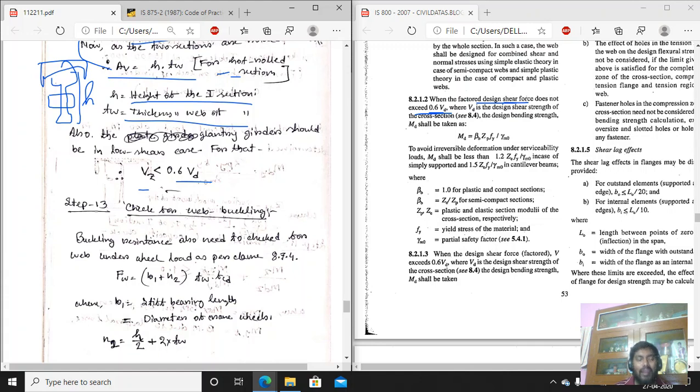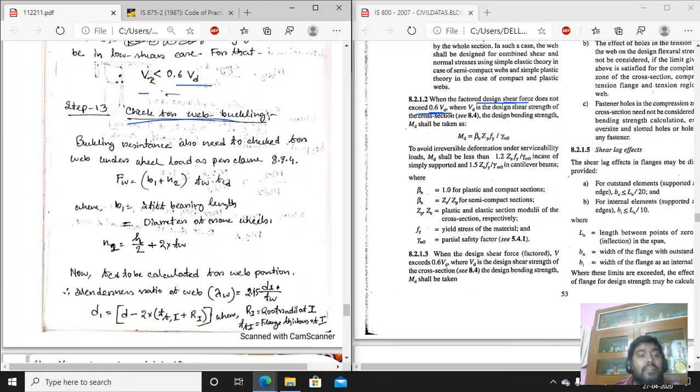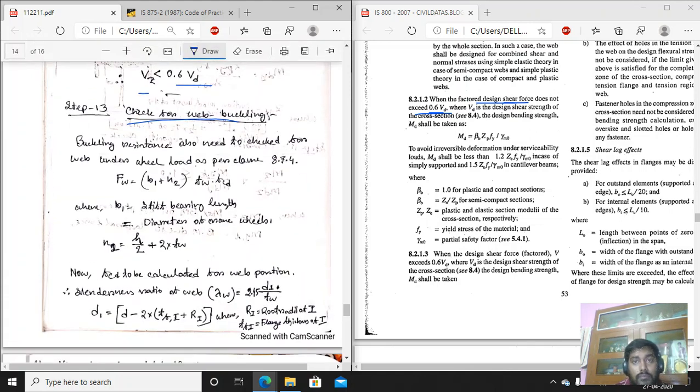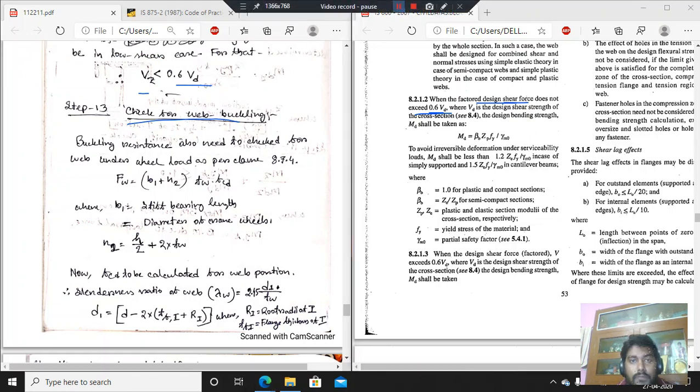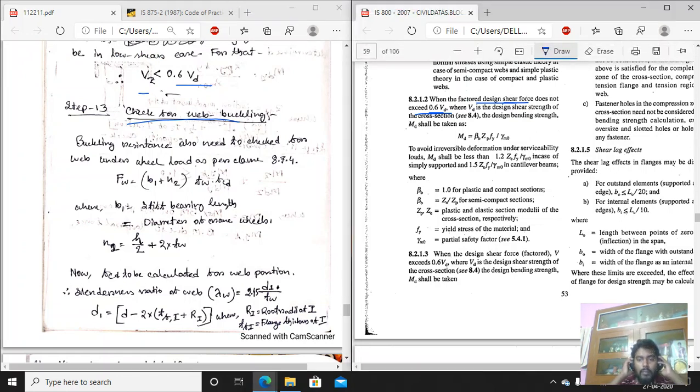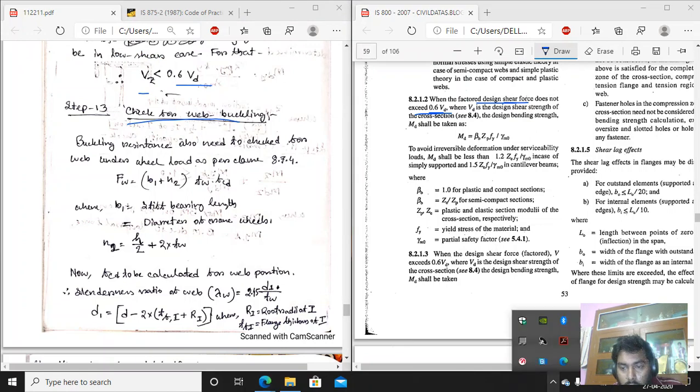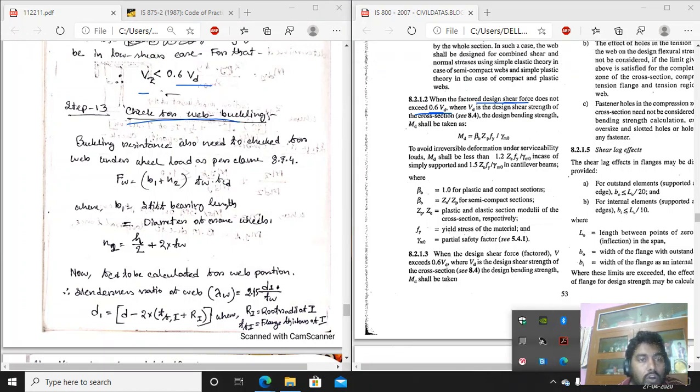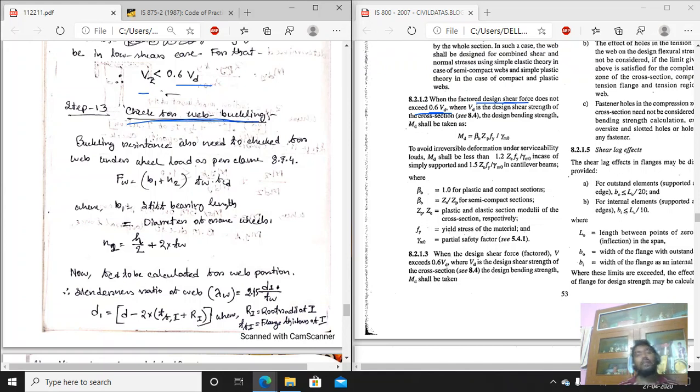Now coming to some of the secondary checks. First one, the check for the web buckling. What is the meaning of buckling? One second. So now coming to the check for the web buckling. When we are calculating the check for the web buckling, the buckling resistance also needs to be checked for the